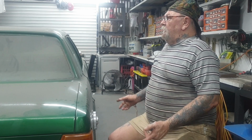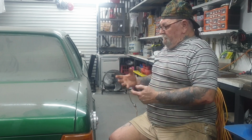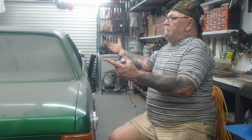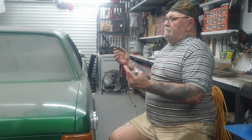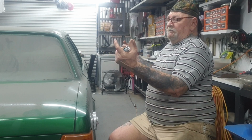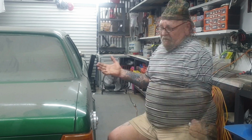I'm going to put frame rails in it. It's a unibody, so I'm going to strengthen the centre frame rail. It goes from front to back. I'm going to leave the original one in and go over the top, or remove the original one and put the new thicker one in. It's going to be 4mm steel. I'm going to change it